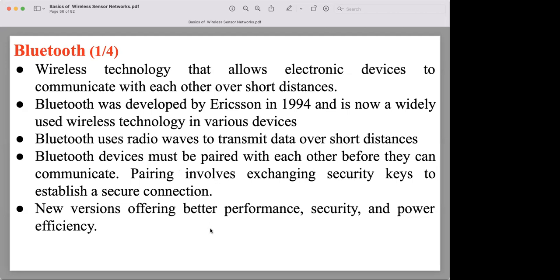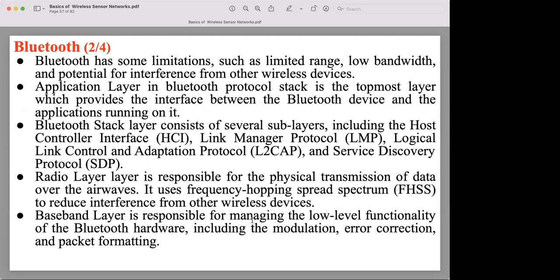And they also perform better in performance, security, power efficiency, and other things in the Bluetooth case. But the challenge is the limited range. Communication range is very short. Their bandwidth is also a constraint. You cannot transmit a huge size of data, and interference from other devices comes into the picture. And now Bluetooth, similar to the previous one, also has an application layer